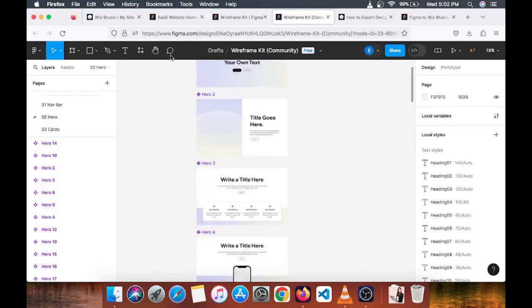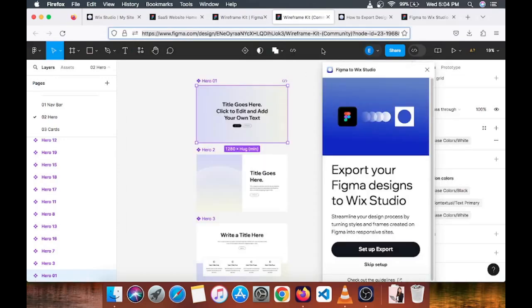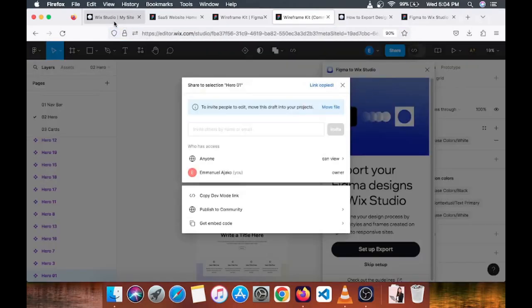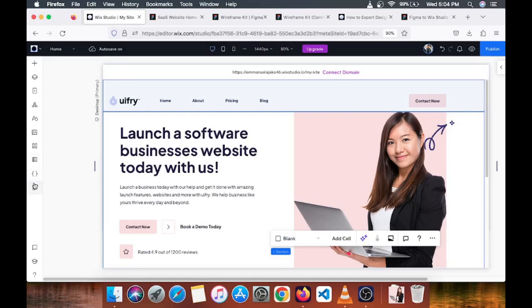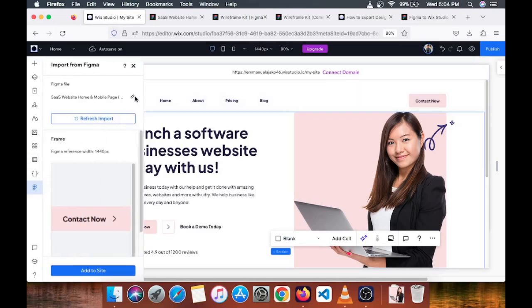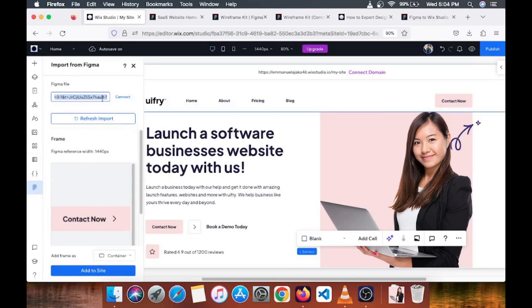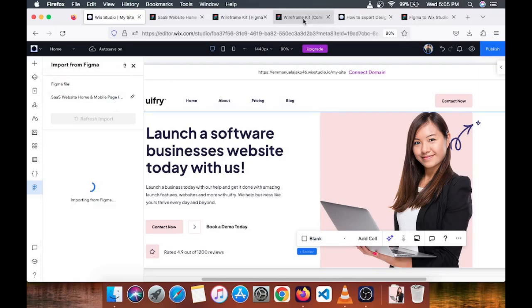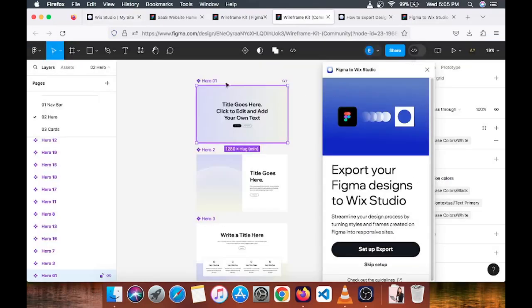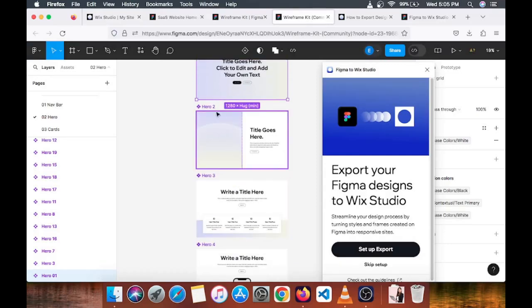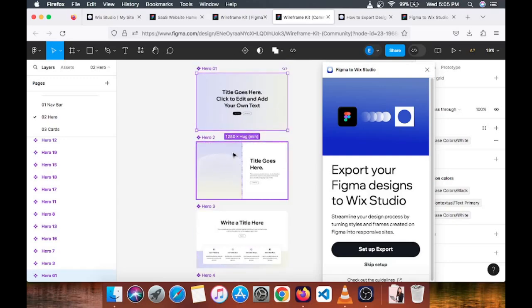I'm just trying to use the Wix Studio plugin. Follow the same steps that we followed. Just copy this Figma link and paste it in our Wix Studio site. And now you can export each and every one of these sections that has already been pre-built by the Wix Studio team. Just click on, let's say, this hero 2